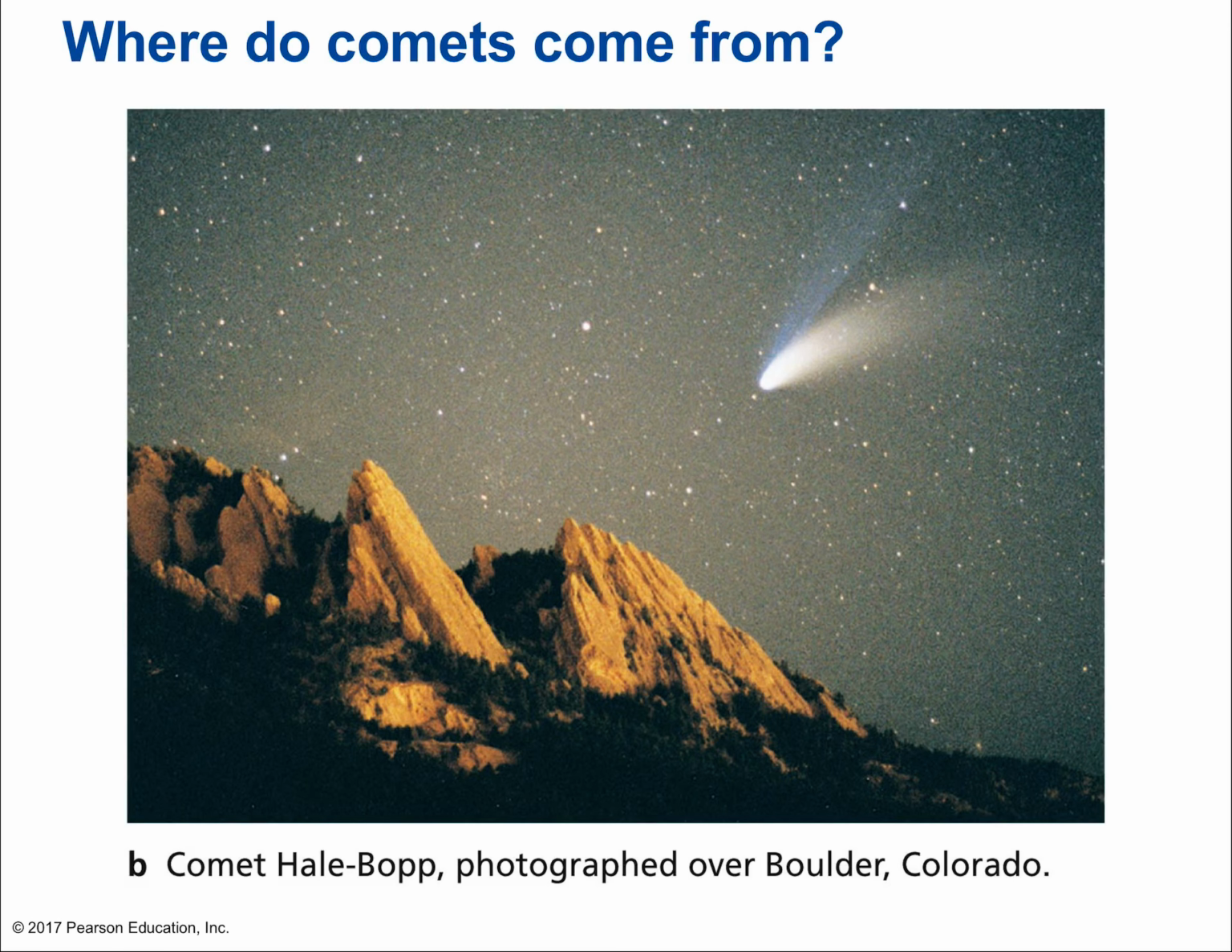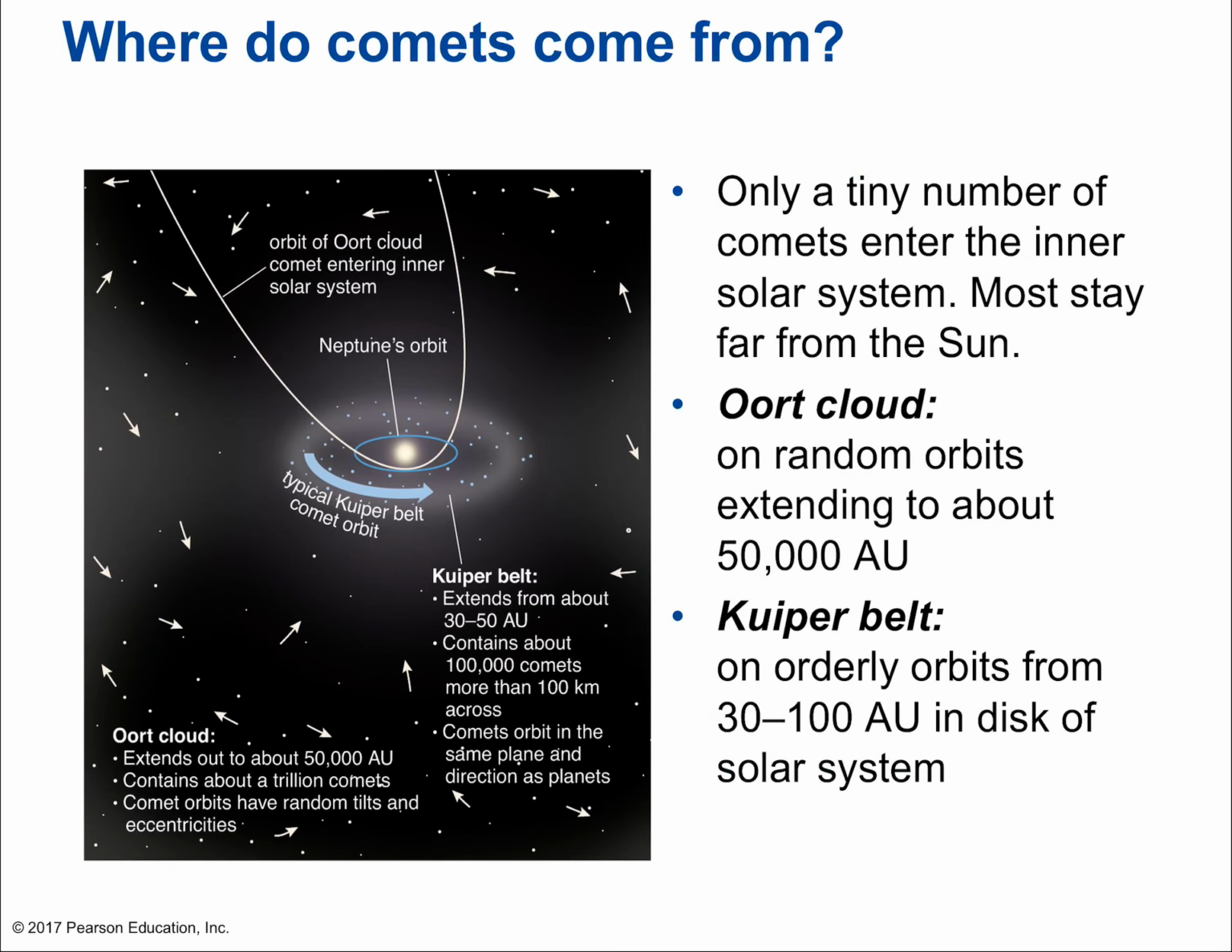Okay. Where do they come from? We haven't discussed this yet, but where do comets come from? Well, there are two answers to that. Only a tiny number of comets enter the inner solar system. I mentioned that a couple times, right? So most of them never enter the solar system. They're just out there in the deep, faraway reaches of the solar system. Most stay far away from the sun. And here are the two places where they